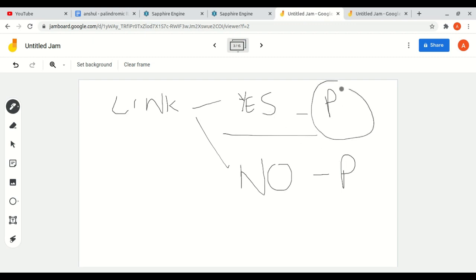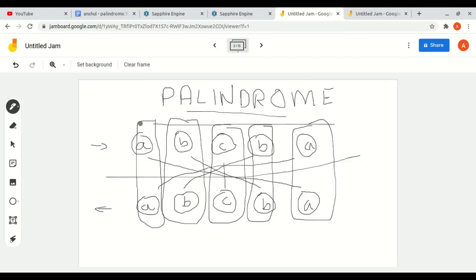So we have to know how to recognize a palindrome. As discussed, the reverse order is exactly the same as the original one.